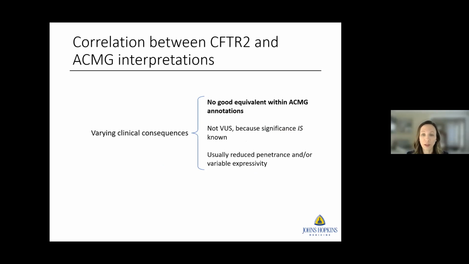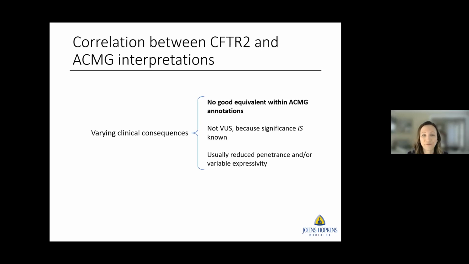We can't really call it a VUS from the ACMG side because the significance of these variants quite often is known. It's just sort of different. And as I said before, these are typically variants associated with reduced penetrance or variable expressivity. So this is just something to keep in mind, that when you see a lab report from a clinical lab that has a CFTR variant interpretation on it, it may not match exactly what you see on the CFTR2 website,